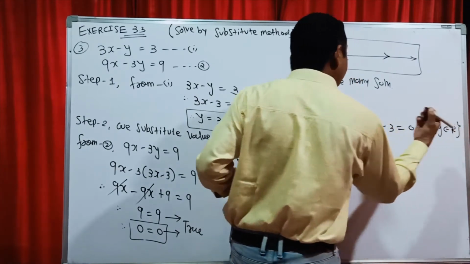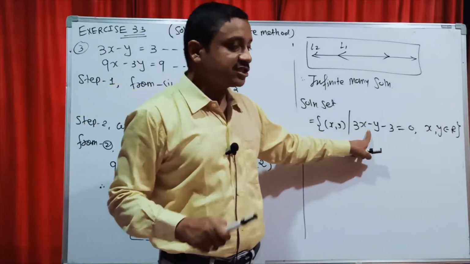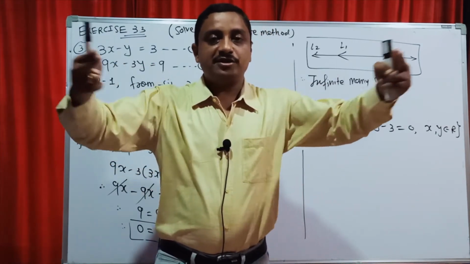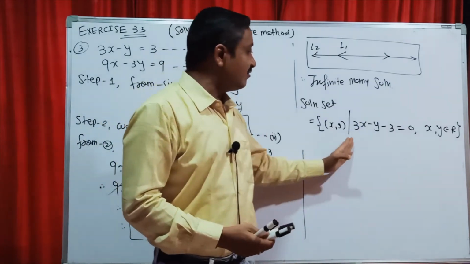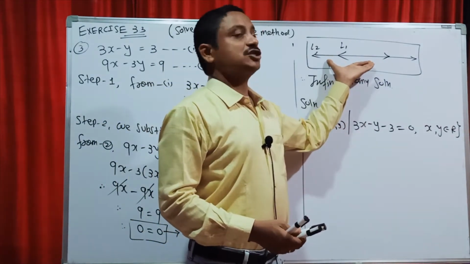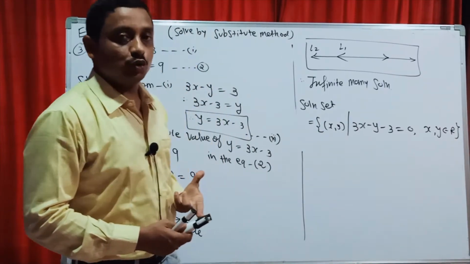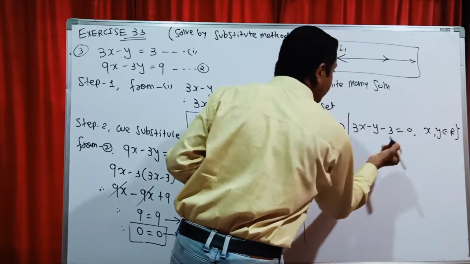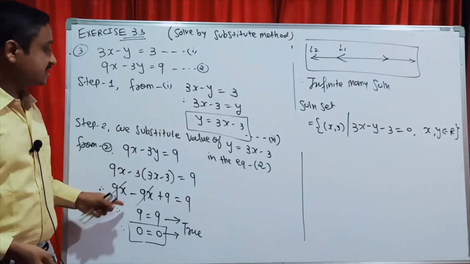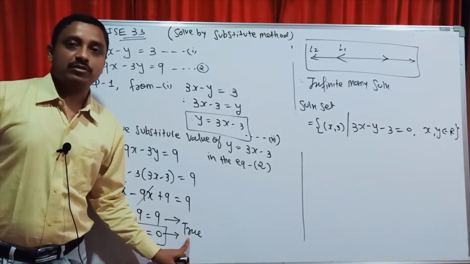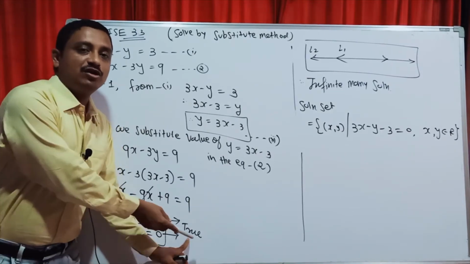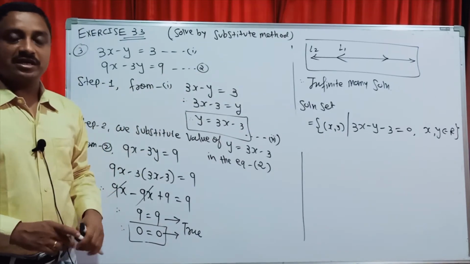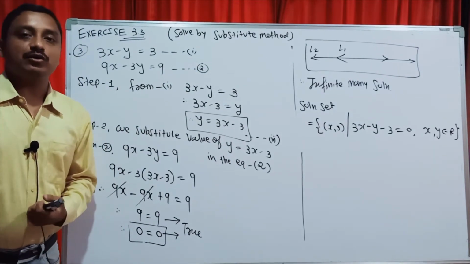x, y belongs to R. Yes, students, this equation is a straight line, and a straight line has minimum 2 points but maximum infinite points, and those infinite points I am showing here. Then this drawing-wise, the answer fills up to 3x minus y minus 3 is equal to 0, and this case happens only and only in this case because here true is coming. Students, I again repeat, if false is coming here, then the answer is parallel lines and no solutions. Yes, here our question is done easily.